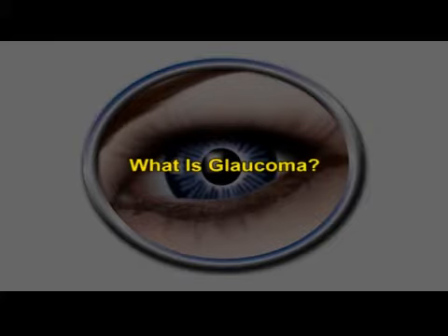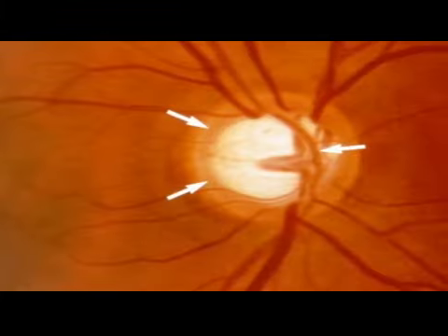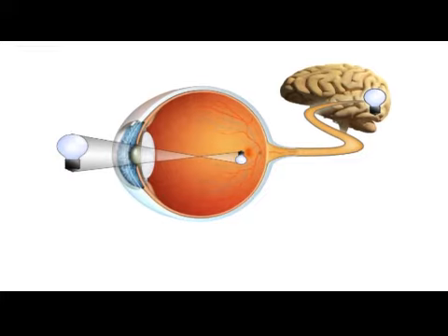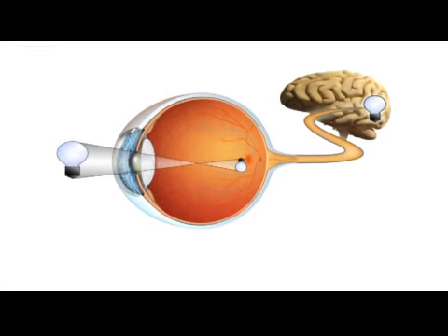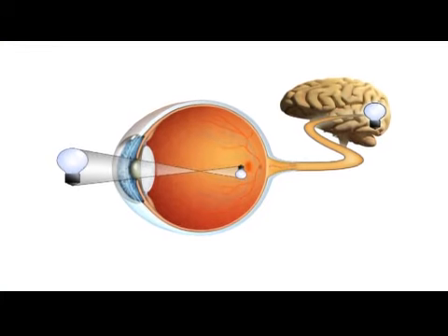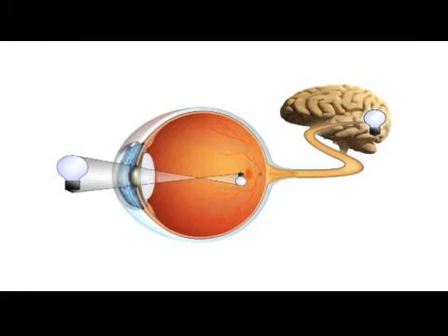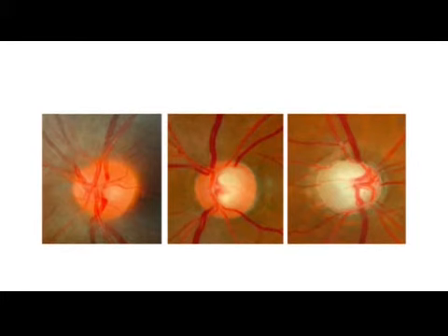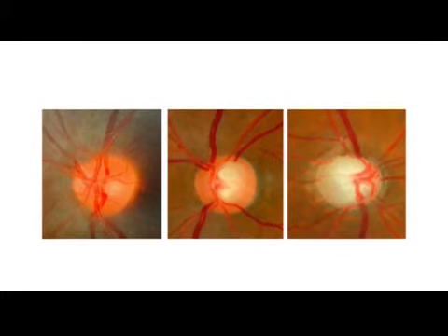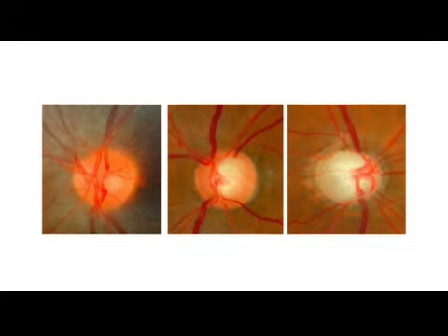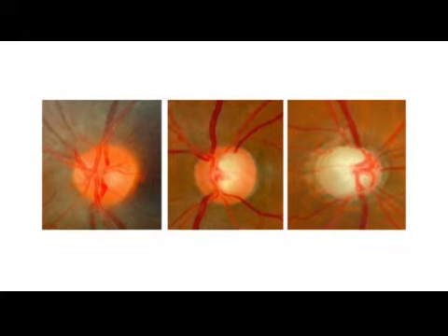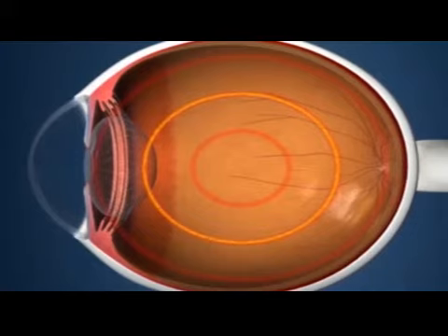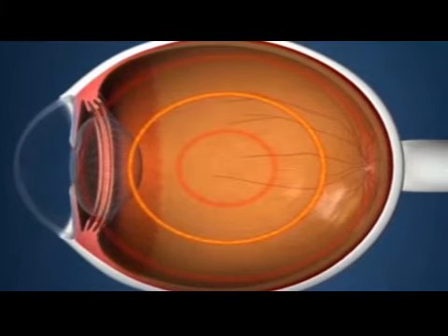What is glaucoma? Glaucoma is a disease of the major nerve of vision, called the optic nerve. The optic nerve receives light-generated nerve impulses from the retina and transmits these to the brain, where we recognize those electrical signals as vision. Glaucoma is characterized by a particular pattern of progressive damage to the optic nerve that generally begins with a subtle loss of side vision, that is, the peripheral vision. If glaucoma is not diagnosed and treated, it can progress to loss of central vision and blindness.